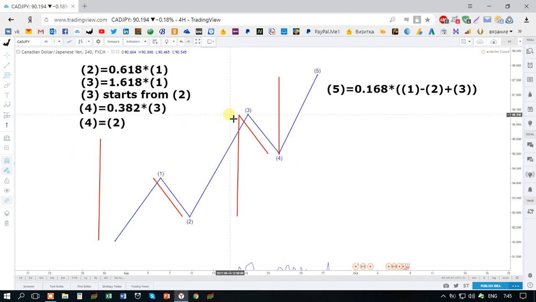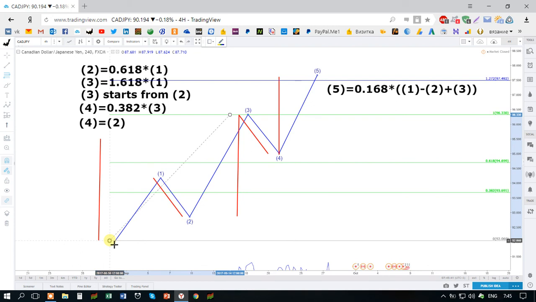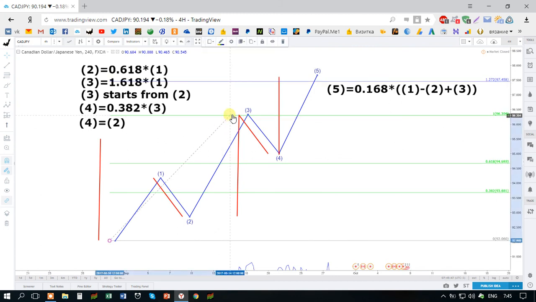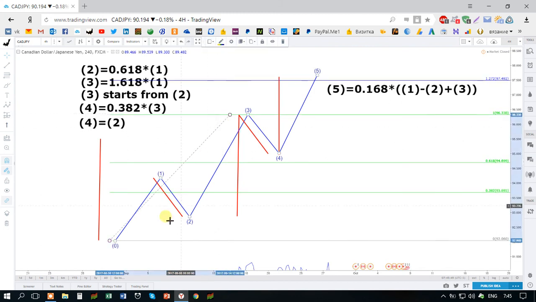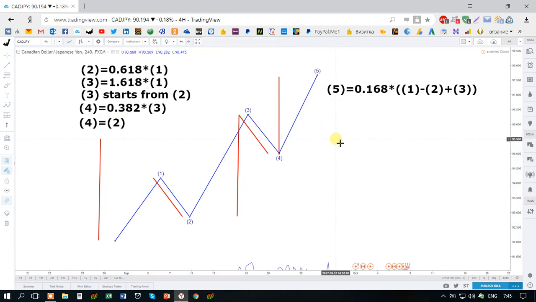If we measure the 0.382 this way, from 3 to 0, it almost coincides with the 1.272 extension. Just take it this way, from here to here, the 1.272 extension almost coincides. So we can also type this, the wave 5